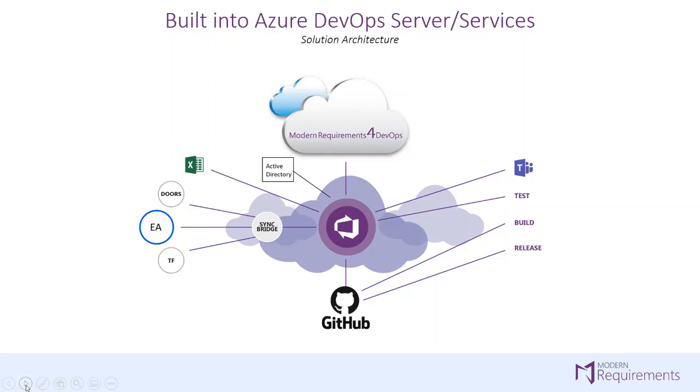The tool itself can be used on-premise or in the cloud. It uses Azure DevOps as the database, and in turn, Azure DevOps integrates with GitHub for those that like GitHub. It is embedded into the user interface of Azure DevOps, offering familiarity and extended functionality. It supports single sign-in to Azure DevOps, inherits whatever process template that you are using in Azure DevOps, and leverages the Teams and Excel bidirectional interfaces supported by Azure DevOps.